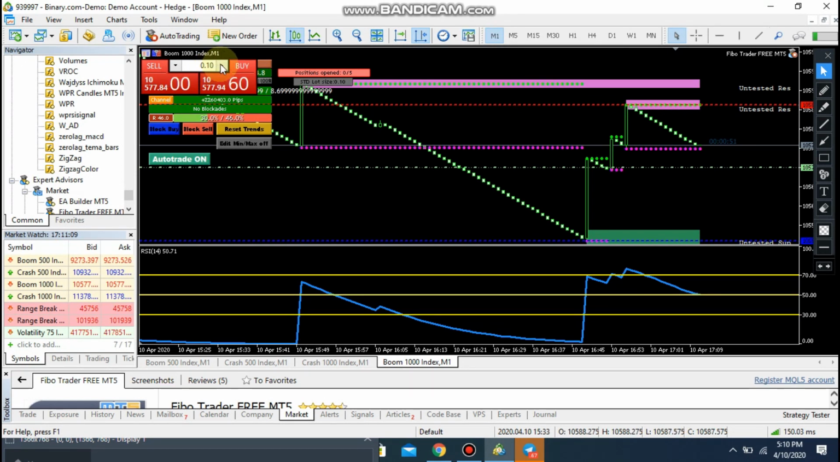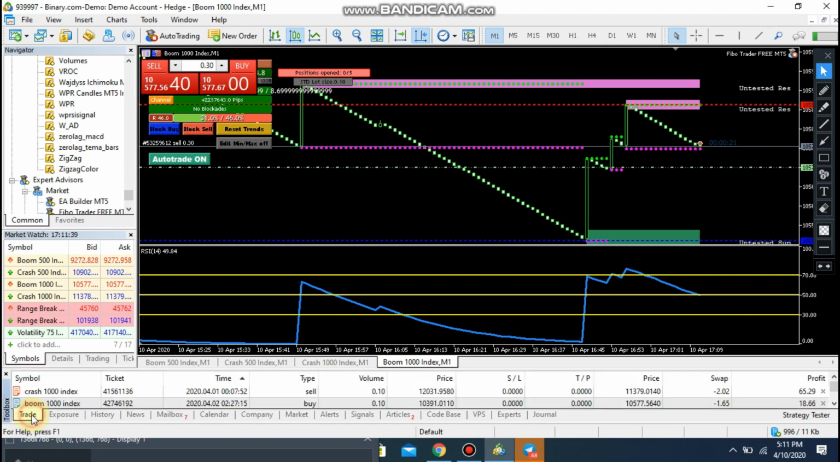Please always apply risk management, money risk management. Every time you are placing a trade, you have to risk at least 2% to 4% of your capital, 2% or 3% of your capital. This one I'm using lot size 30 cents. So let me place my sell, yes, as you can see,